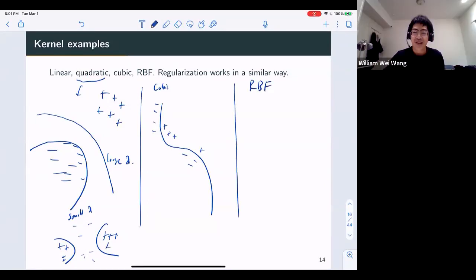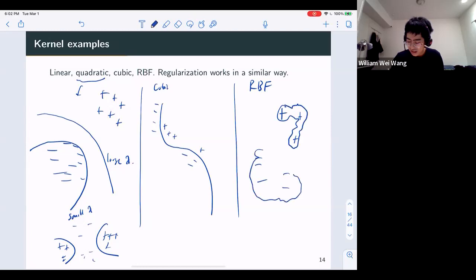But yeah, this RBF kernel, radial basis function, you can think of it as being able to fit anything that you want. So like pluses and minuses, your RBF can say that, okay, my decision boundary is like this. It can kind of fit any crazy wiggly thing that you want. For the purposes of this class, that's what RBF is. Any crazy looking decision boundary that looks very squiggly will be RBF. But I will have to check back on that quadratic example. So thanks for pointing that out.